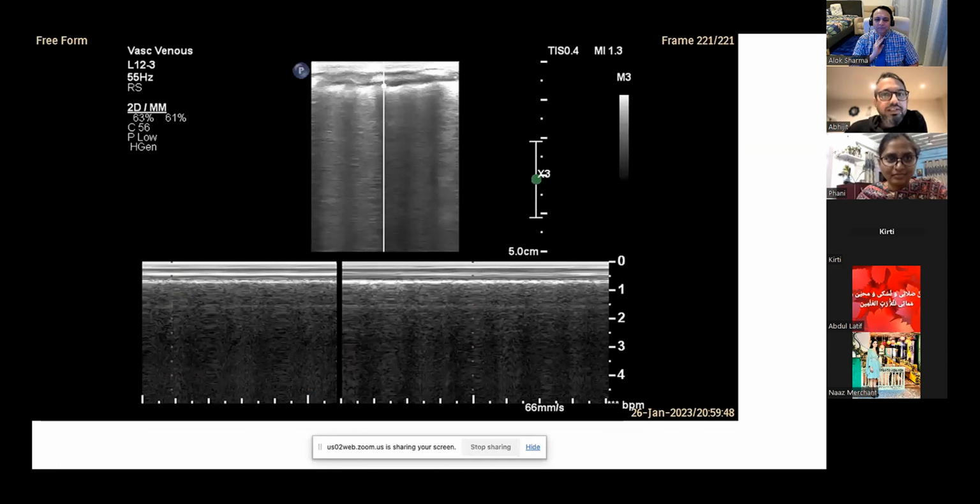Just to critique this particular frame here, what I would have done is your focus is way down. I would have loved to keep that at the pleural line. Your focus should be at the pleural line, because that's where the whole game is. Then it will give you a more crisper image. That's number one. 5 centimeters of depth is fine, but